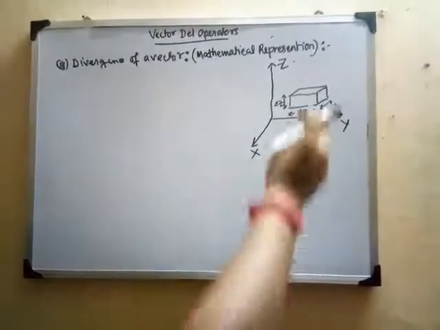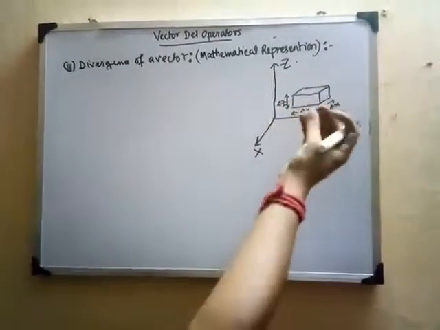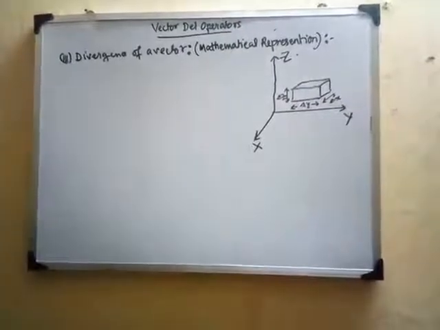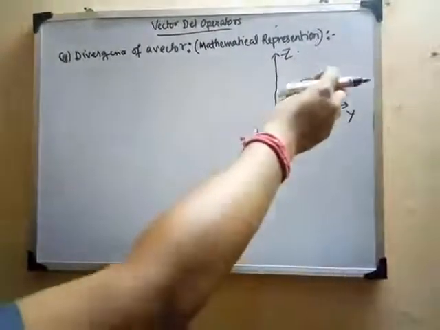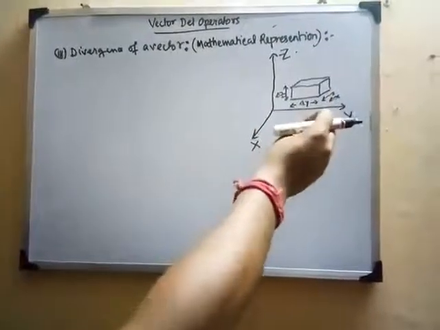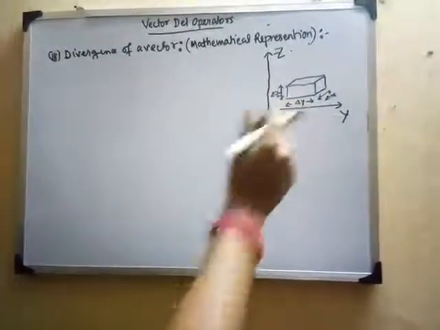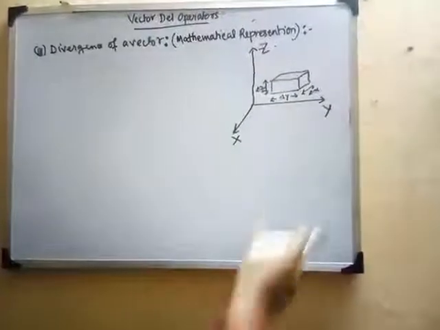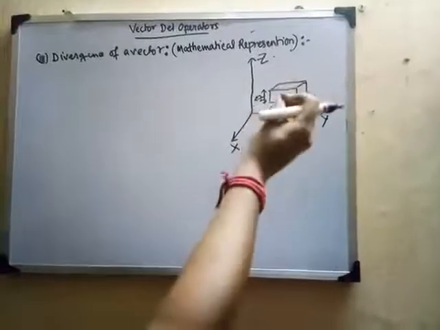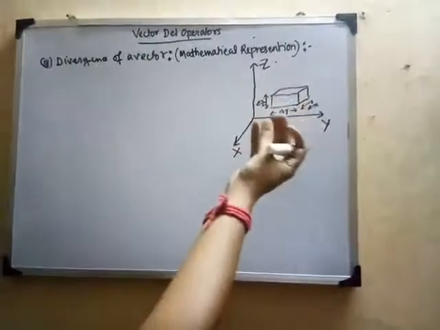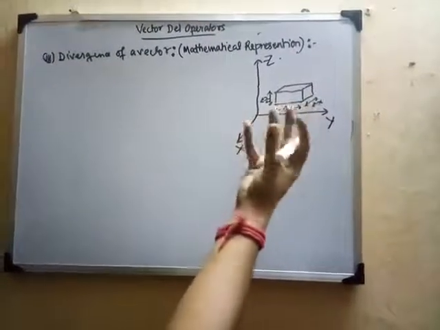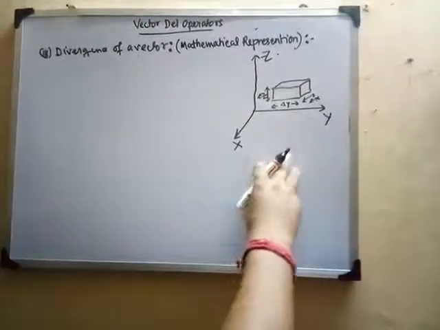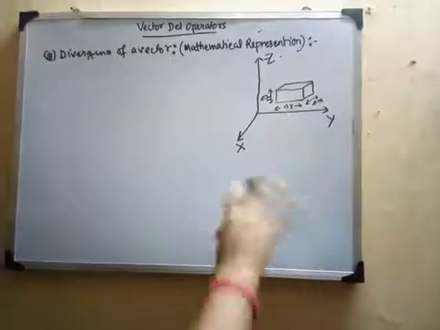All these six surfaces are increasing from their original size. This is what is occurring when we define the divergence of a vector: from one point, some structure is increasing or decreasing. It is the same in terms of magnitude, only the plus and minus sign will appear, all others are the same.